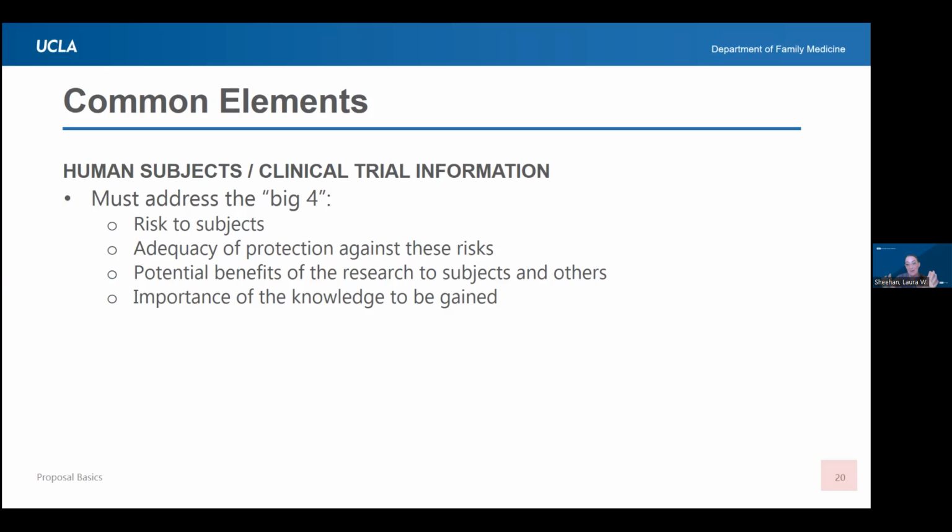Again, this could be its own hour-long talk. I will say, give yourself more time than you think to deal with these. And they keep changing. They added inclusion of women and children, and then they are adding inclusion of people on all age spectrums, because seniors were being left out. So take a look at those and give yourself more time than you think to complete it.